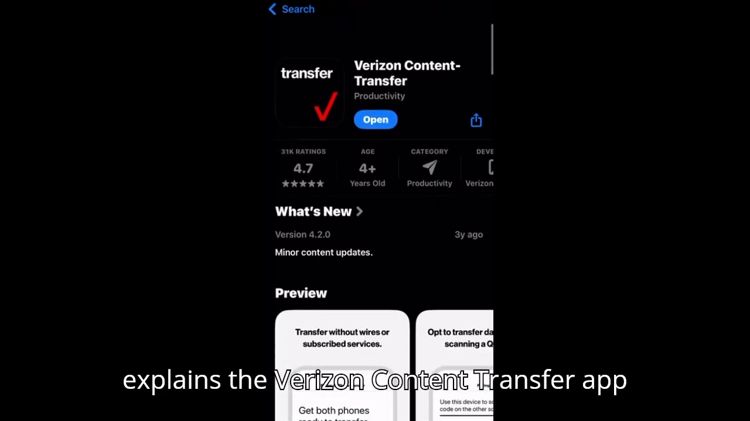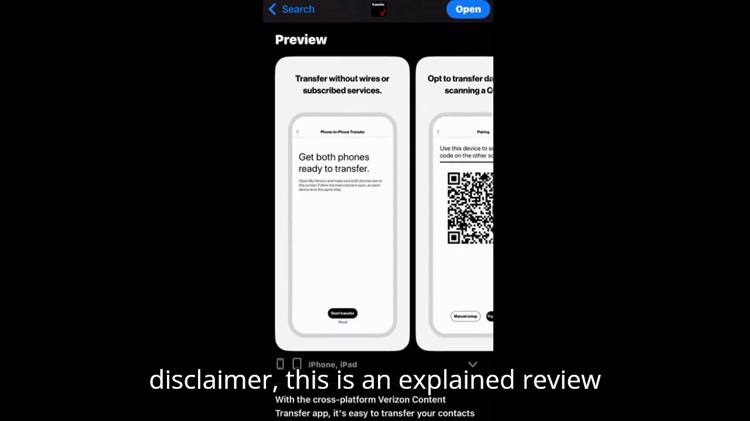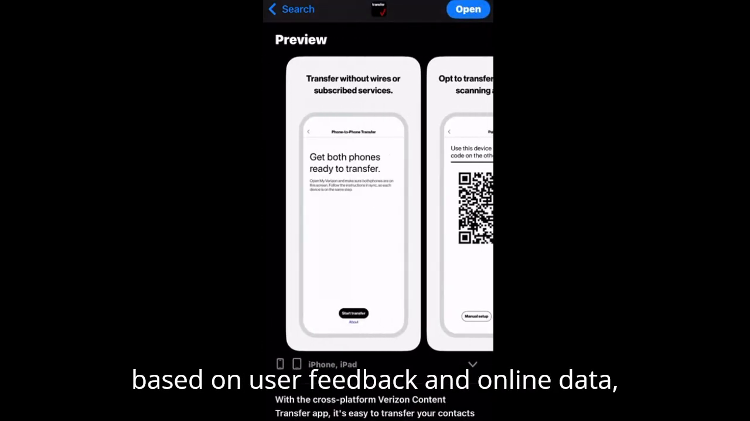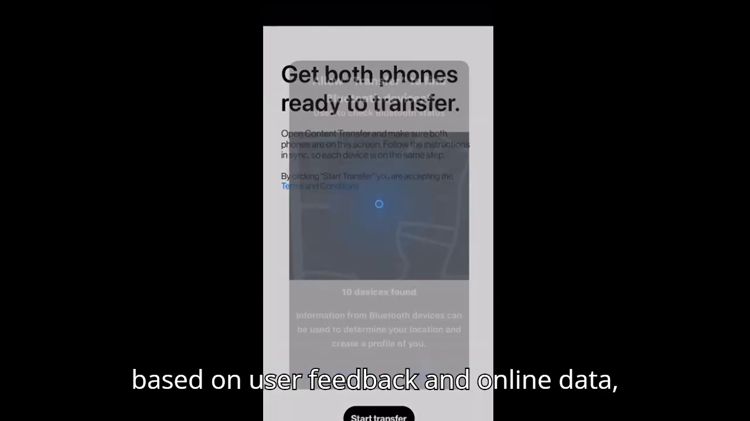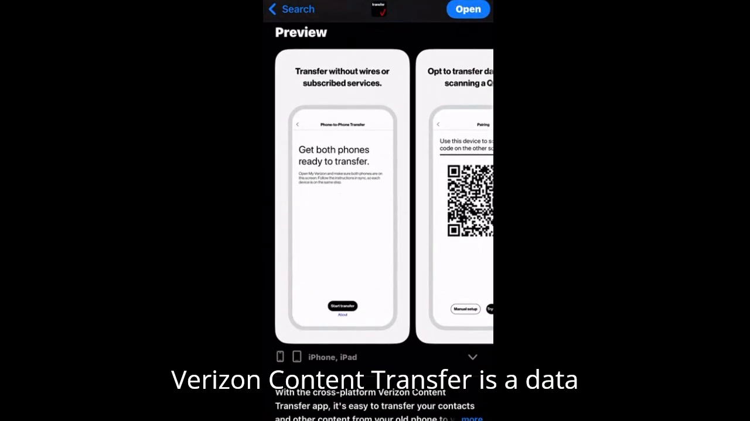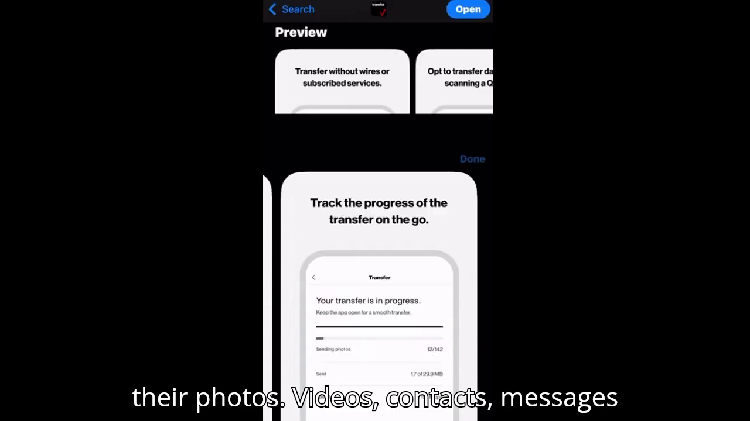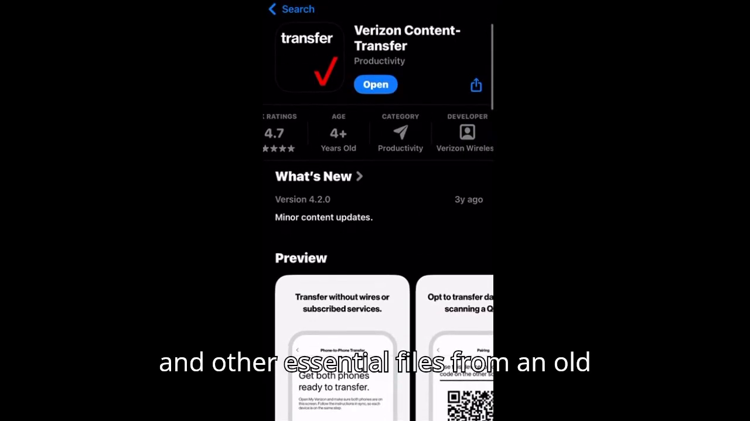This video explains the Verizon Content Transfer app and whether it's worth using. Quick disclaimer. This is an explained review based on user feedback and online data, not personal use or a visual demo. Verizon Content Transfer is a data migration app designed to help users move their photos, videos, contacts, messages, and